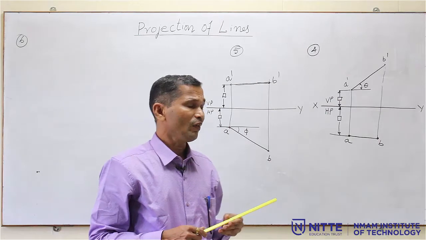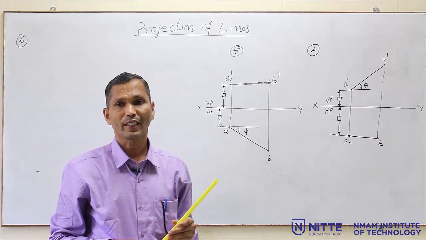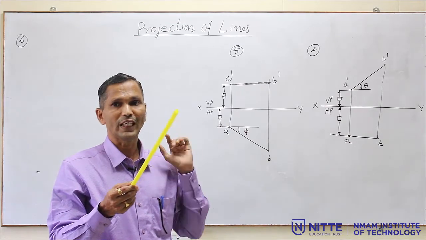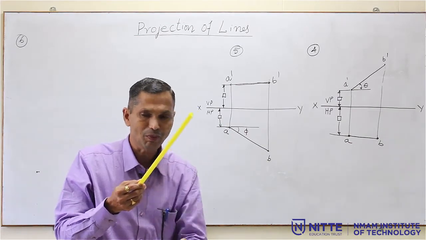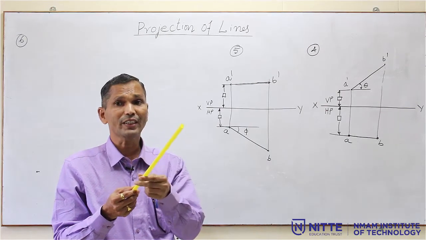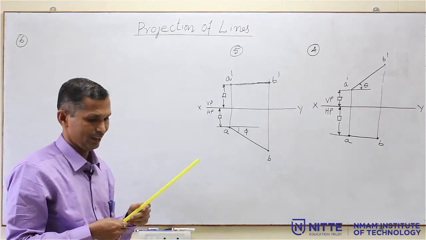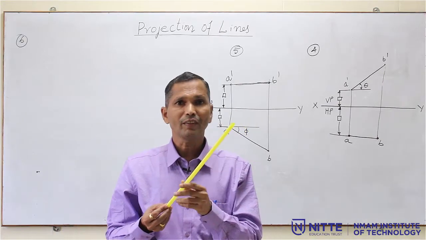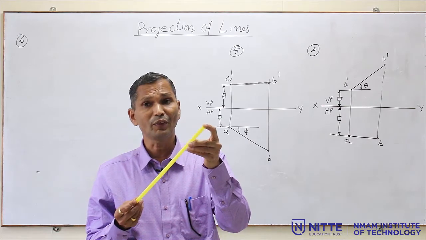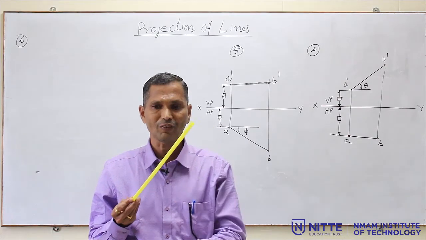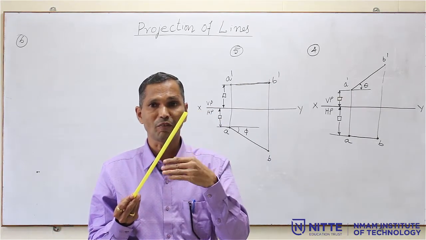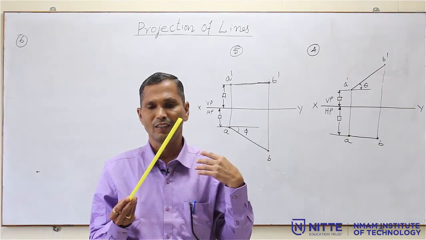If the lengths are not known, can we draw the line? Can we draw the front view in this position? No, because we do not know the length. Can we draw the top view in this position? Not possible. Then how to get the solution for the last case? For that we have to go for some manipulation, that is the only way to get the solution. Finally, we are going to get the actual answer, the final condition. This is the final condition, inclined to HP and inclined to VP. In this position I cannot draw.